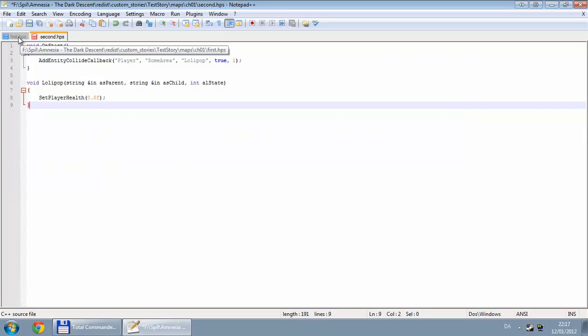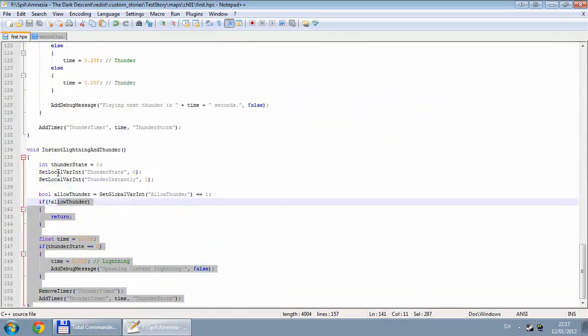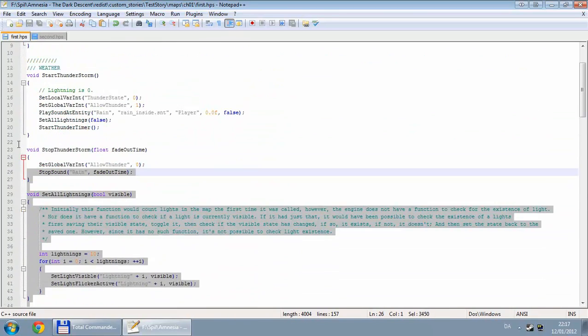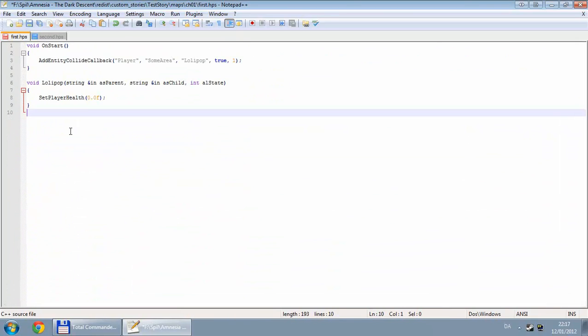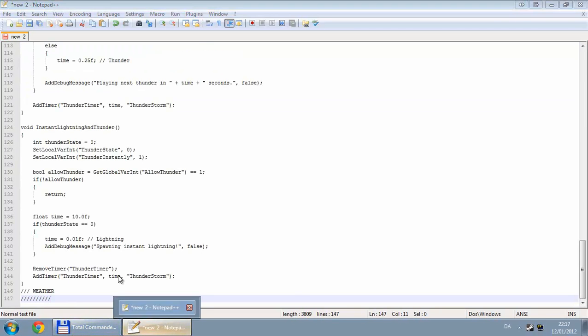So to remedy this, I created a small tool. Let me just cut this out and save. Actually, let me just paste it there. Okay, so